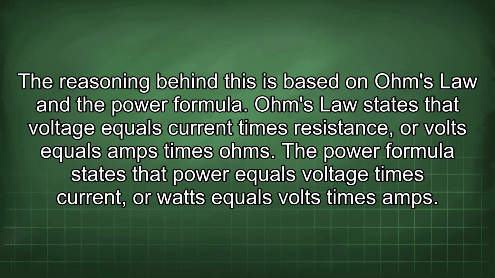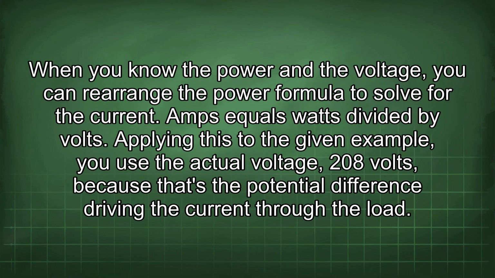The reasoning behind this is based on Ohm's law and the power formula. Ohm's law states that voltage equals current times resistance, or volts equals amps times ohms. The power formula states that power equals voltage times current, or watts equals volts times amps. When you know the power and the voltage, you can rearrange the power formula to solve for the current. Amps equals watts divided by volts. Applying this to the given example, you use the actual voltage, 208 volts, because that's the potential difference driving the